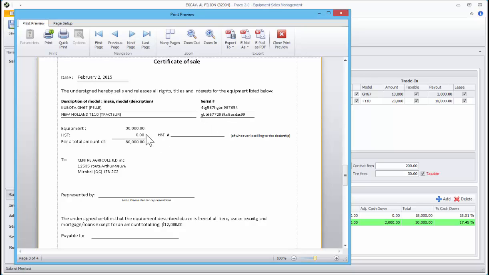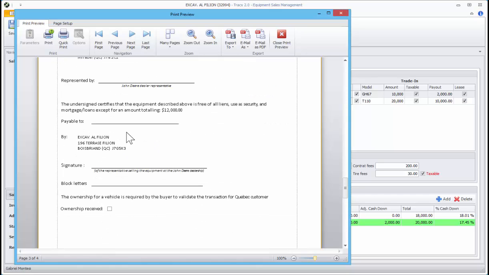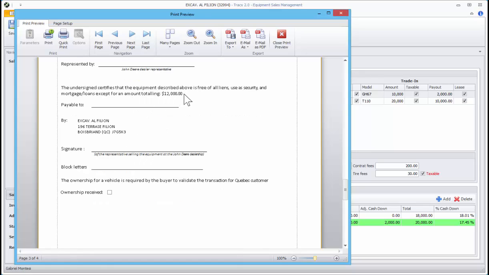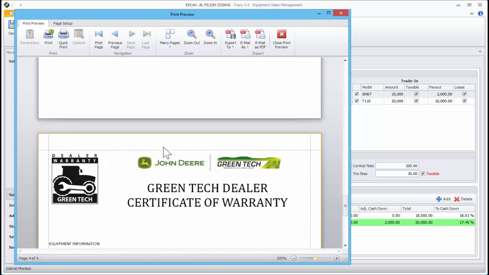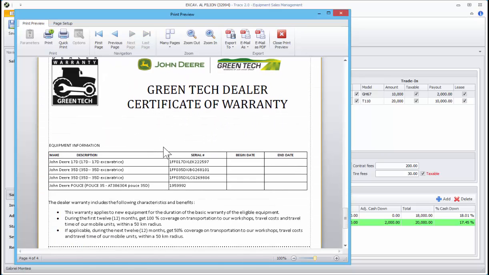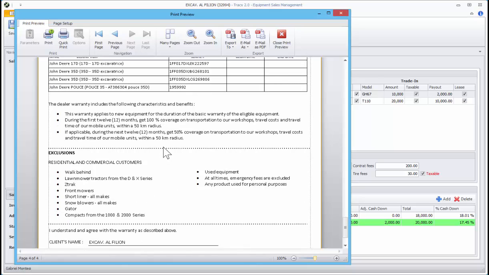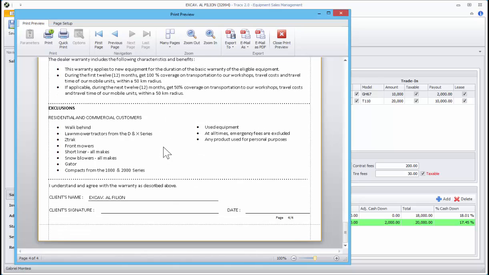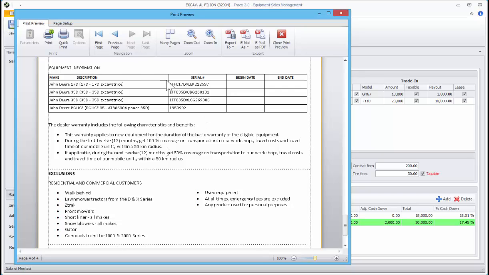In this case, we don't pay taxes for all the reasons already explained. So no taxes here, but you have the total amount of these two trade-ins. You will have your dealer. You will have here the information about the customer and the amount due on this payout for his lease. So everything is already there. You just need to sign it, and the certificate of warranty explaining all the characteristics of the warranty offered by your dealership with all the equipment already filled in. So if I close it,